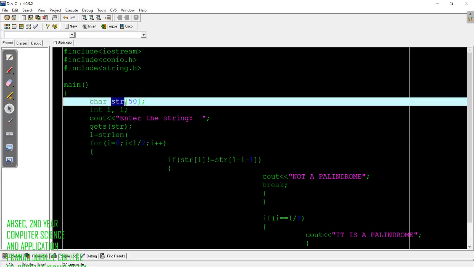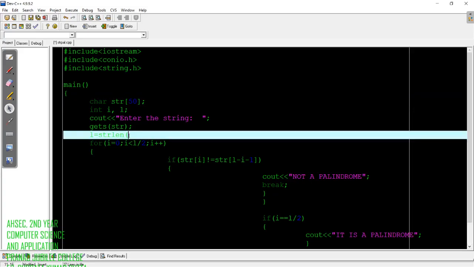Only one array we have, that is str. So that array's length we need, so in the bracket we will write str. Strlen is the function string length that will give the length of an array. Which string's length it gives, we write the name inside the parenthesis.